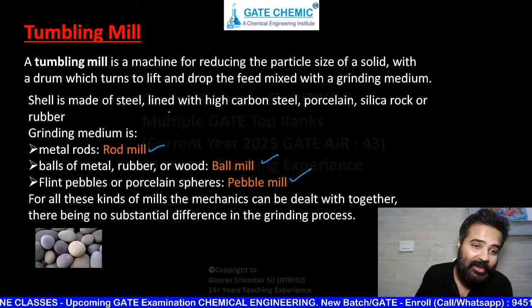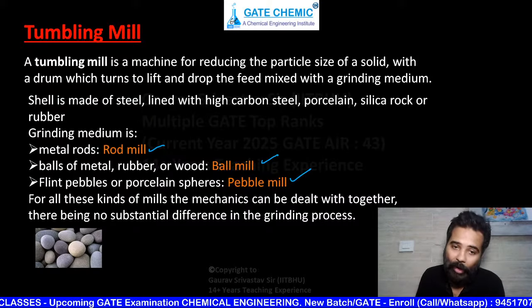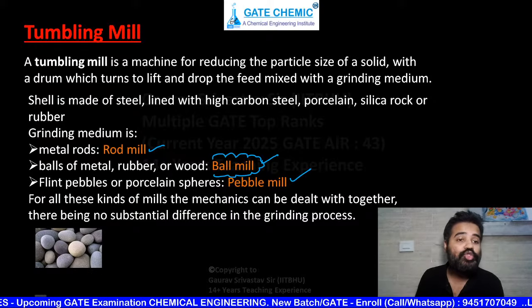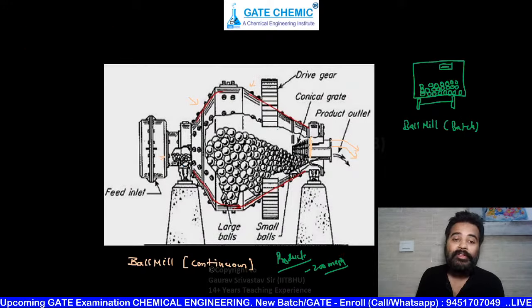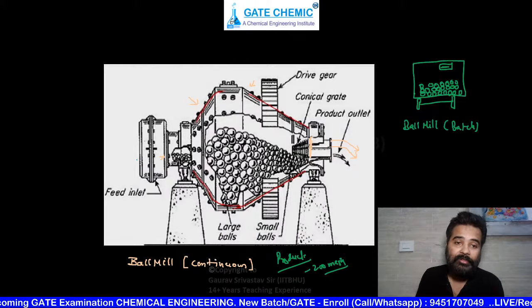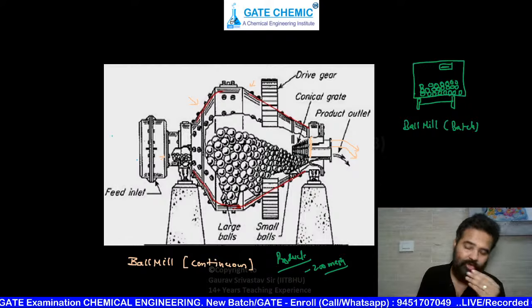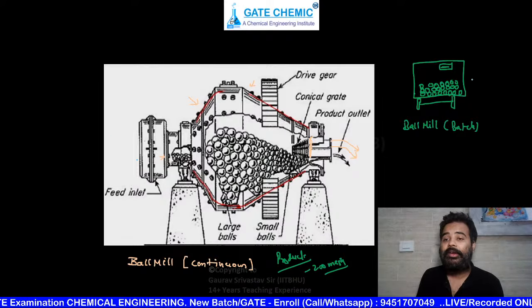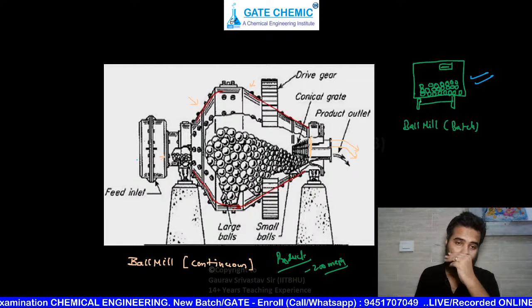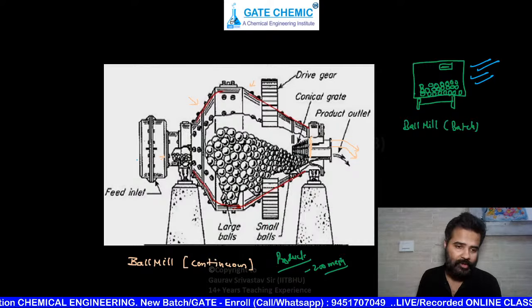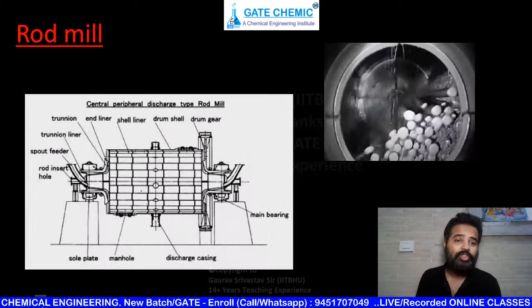Okay, so tumbling mill based upon this: rod, ball, pebble. Out of these, the syllabus is ball mill. But I want to show you. See, this is a continuous one. यहाँ से feed आएगा, यहाँ से discharge आएगा with help of some air flow. You can also take discharge from a screen, and it can also be like this. Here, like truncated cone, two truncated cones, or just like a cylinder. Batch-wise and continuous both are possible here.